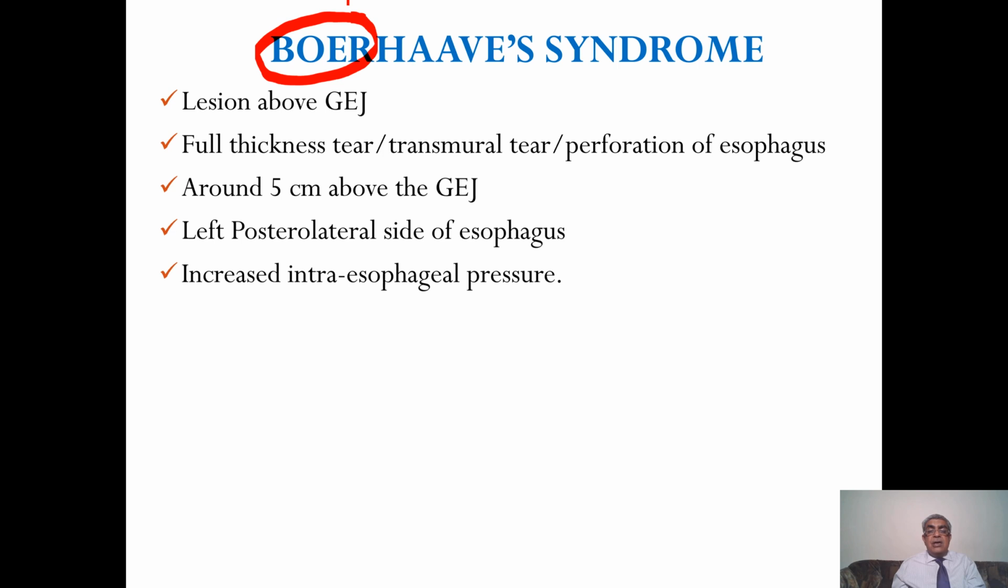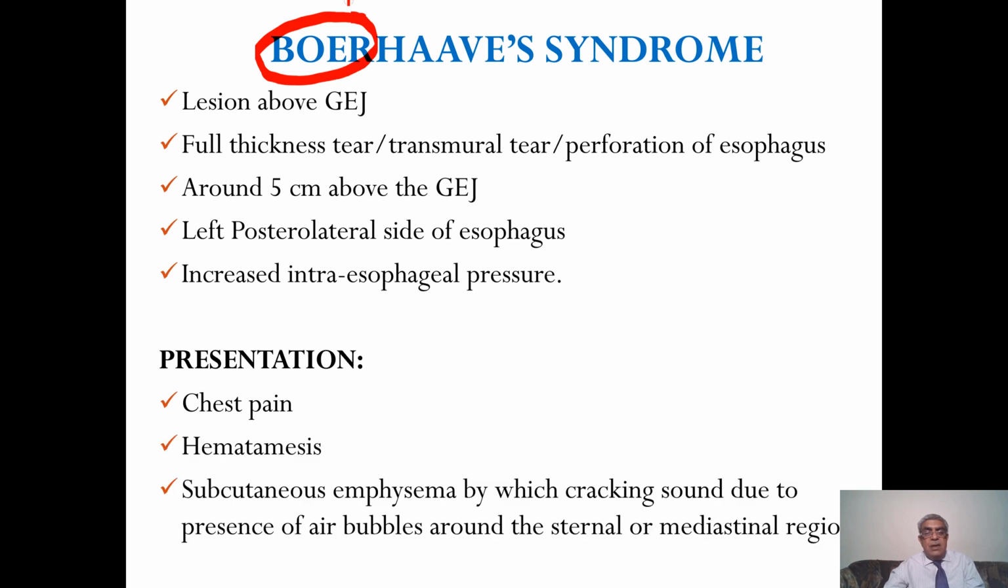Increased intraesophageal pressure. Well, in Mallory-Weiss syndrome, there was increased pressure either in the stomach or in the abdominal cavity, but here in Boerhaave's syndrome there is increased esophageal pressure. Okay, presentation is chest pain,